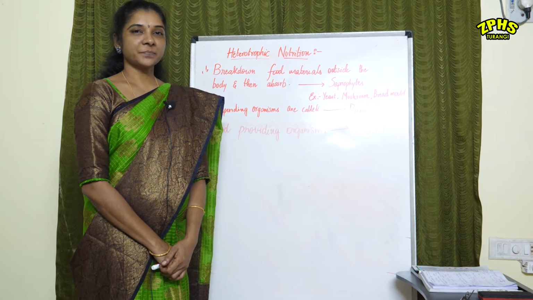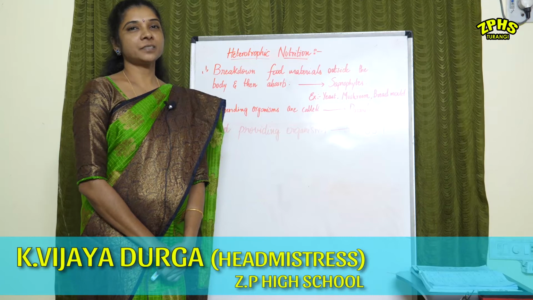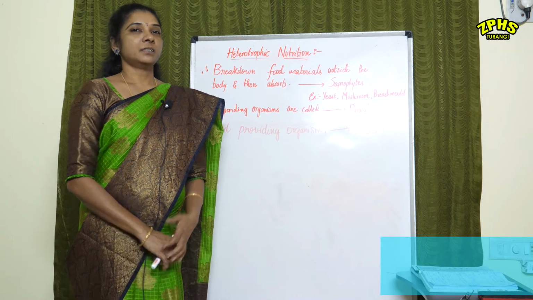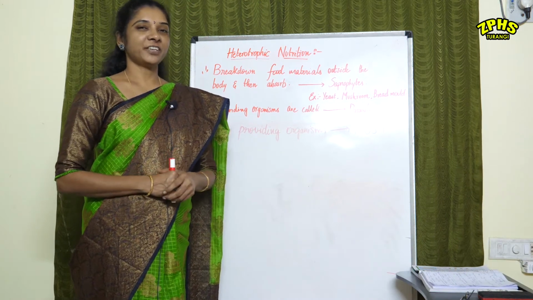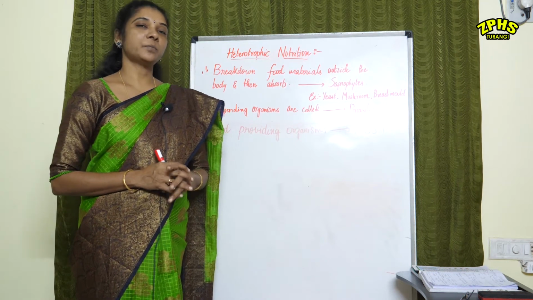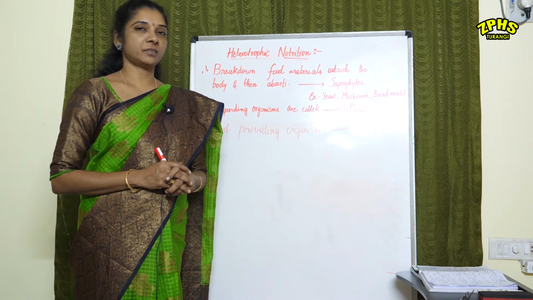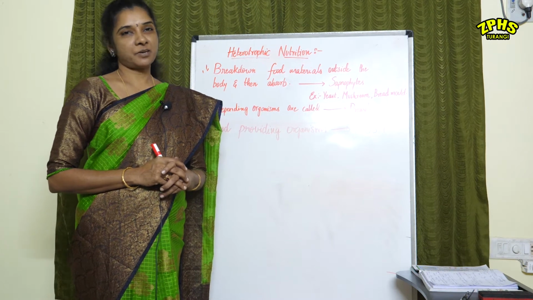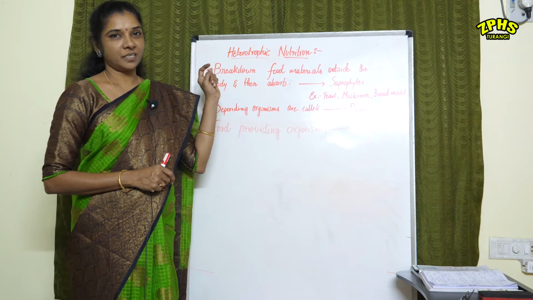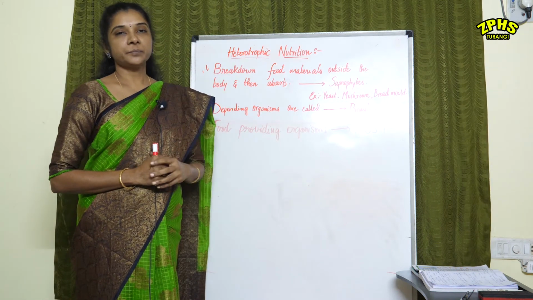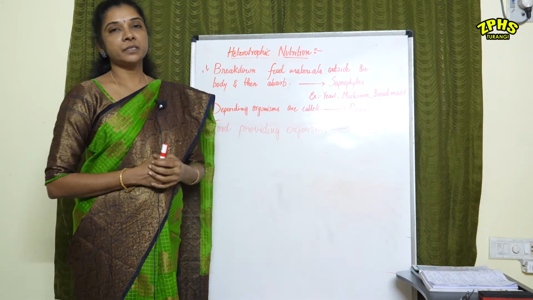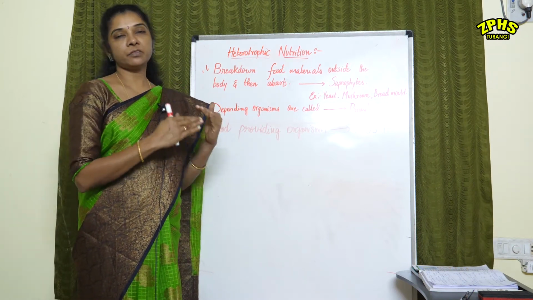Good morning, class. In the last class we learned about autotrophic and heterotrophic nutrition. So again, just recall of that. What is autotrophic nutrition? The organisms which can prepare their own food, that process is called autotrophic nutrition. Generally plants come under autotrophs. And the second type is heterotrophic nutrition. What is heterotrophic nutrition? The organisms which cannot prepare their own food, so they depend for the food on